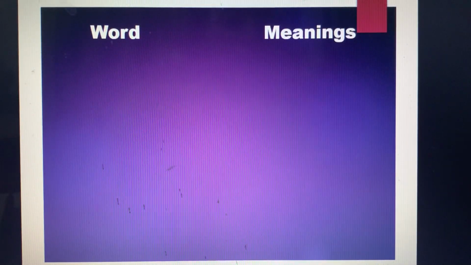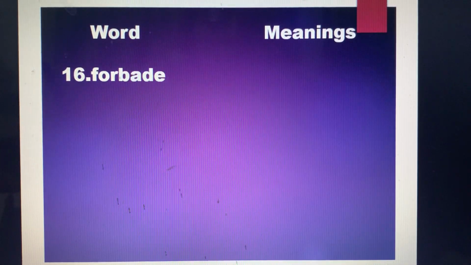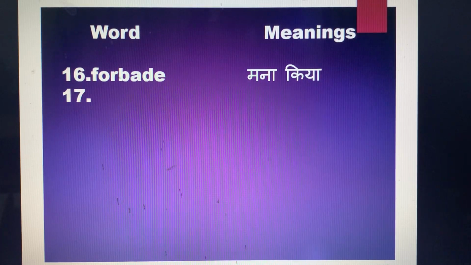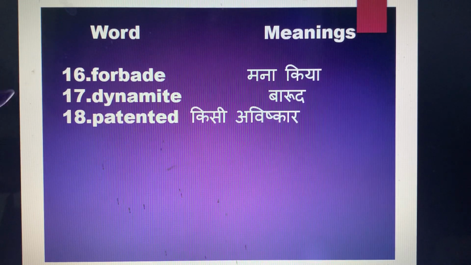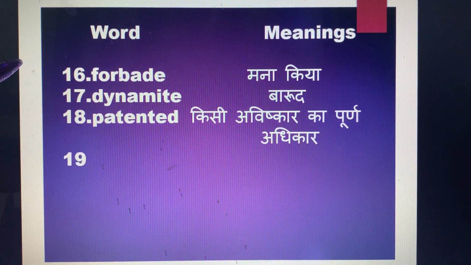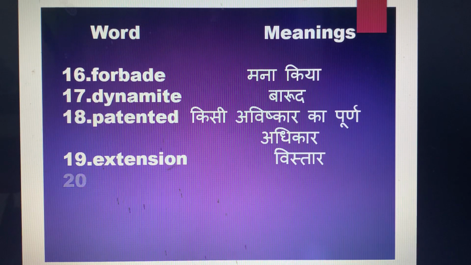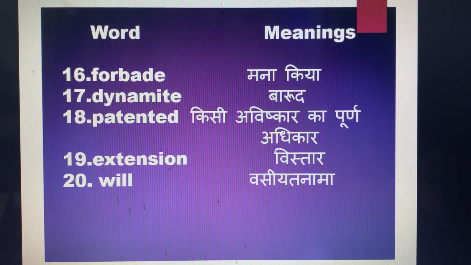Then there are a few more. Let us proceed further. 16 is forbid. Forbid means to ban. मना किया. किसी चीज को काम करने से मना करना. Dynamite. You all have seen dynamite. बारूद. Then patent. Patent means किसी आविष्कार का पूर्ण अधिकार. Means when we get a right to manufacture or to sell any product. Emmanuel Nobel, when he got bankrupt, then his son Alfred Nobel got transferred to Lake Manuel, and over there he started the production